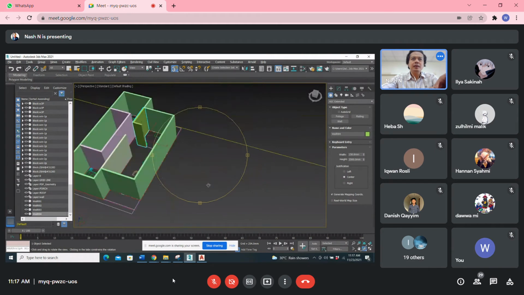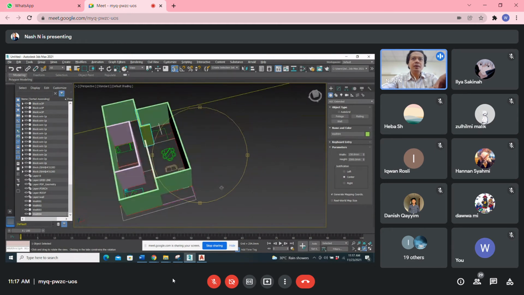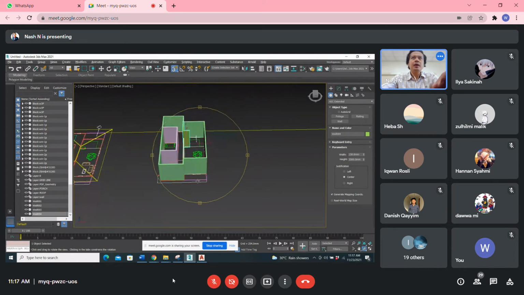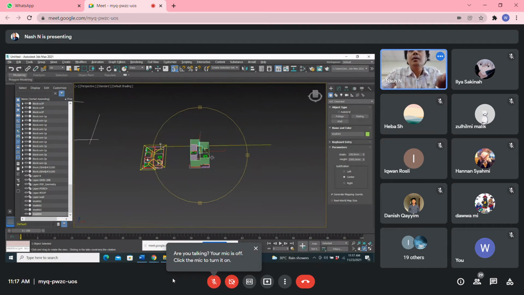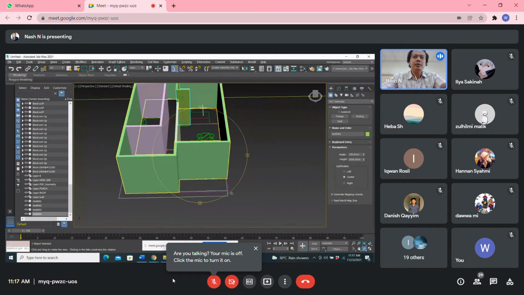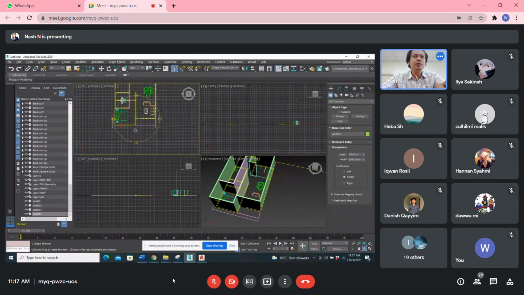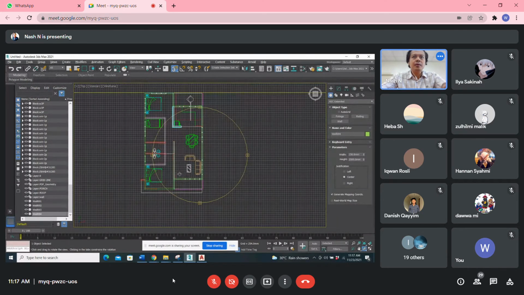Simple. Okay, and then we want to try to make the floor. As for the floor, actually there is a layer you can put, but okay, no layer. Then you want to develop the floor. For the floor, you go back here, then you draw back here.